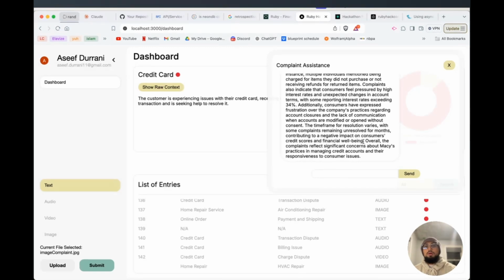Obviously, on an actual platform we would give a disclaimer that these don't reflect 100% of the complaints, because we can't send back 4,000 complaints. This gets the top, I believe, 50 to 100. I think it's 50 right now, to get a nice balance between time and retrieval. But yeah, we can also do what